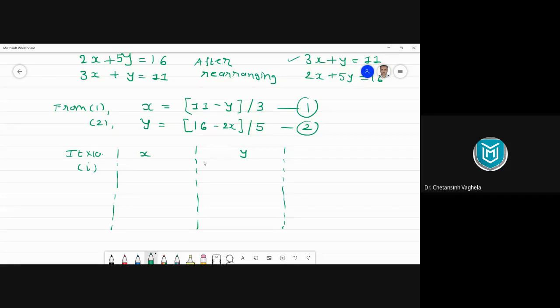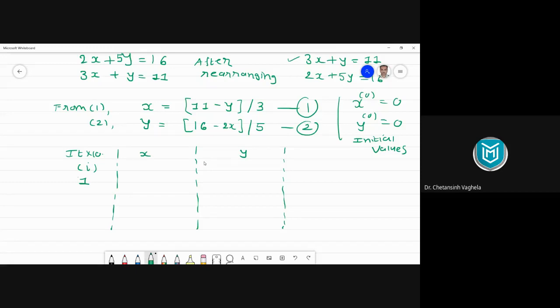And if you don't want to mention that, you can directly start from iteration 1 also. Right? No issue with that. Let's say iteration 1, and we can mention the thing here that X0 is equal to 0 and Y0 is equal to 0. Right? These are called initial values. In Jacobian Gauss-Seidel, the initial values are always 0. Initial value हमको always 0 ही लेना है.